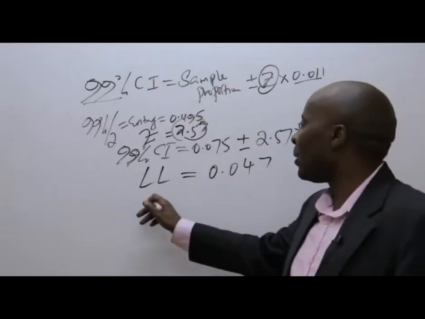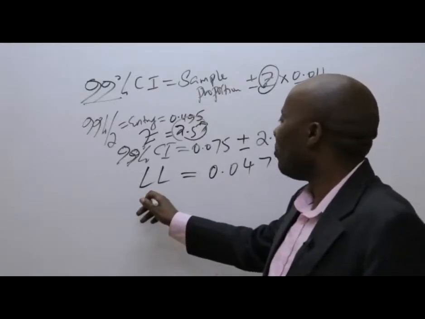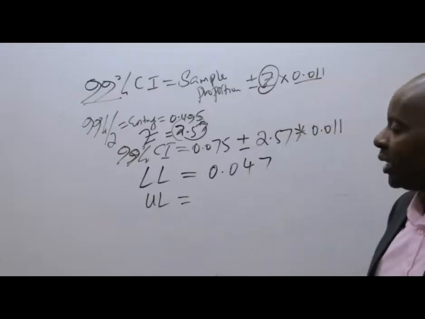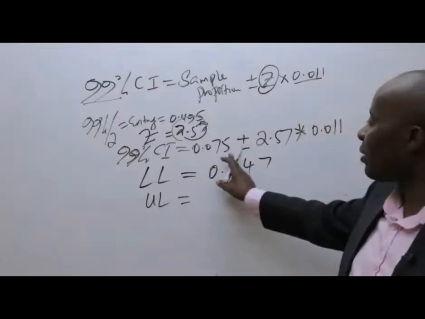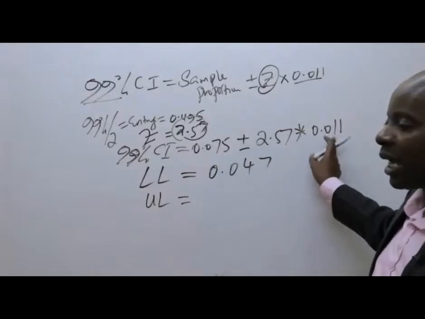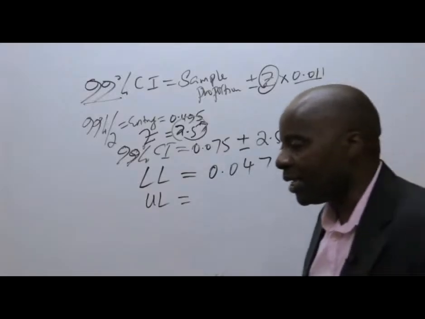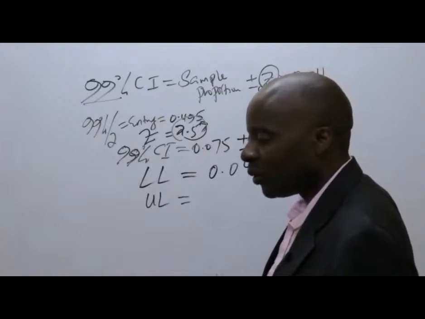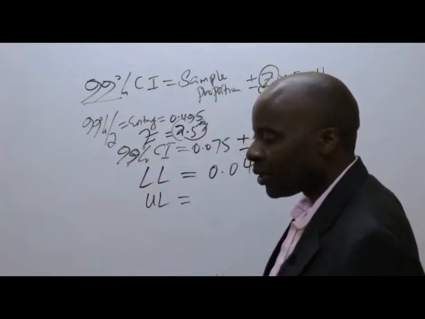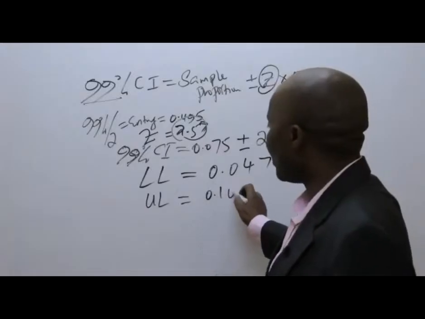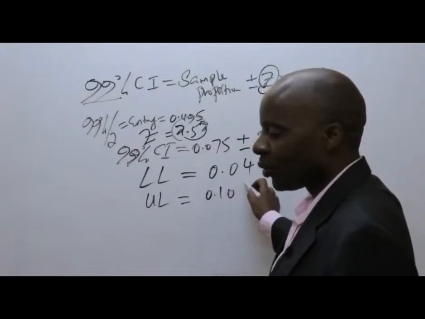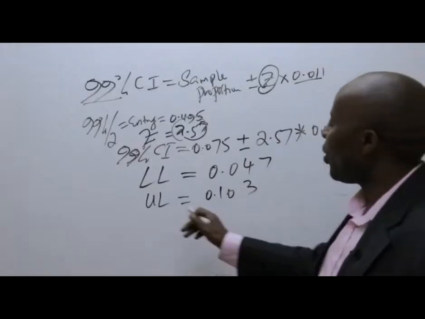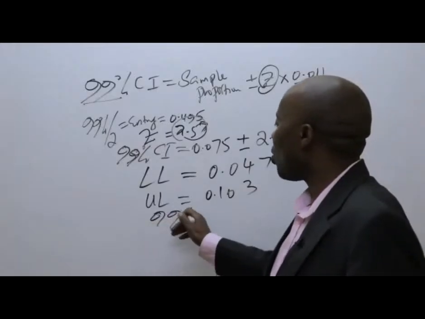How about the upper limit? For the upper limit we add: you're taking 0.075 plus 2.57 times that. And according to Lokai, we have 0.103. So meaning that we are 99% confident